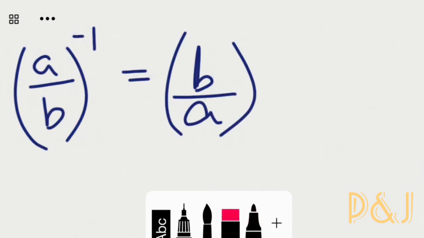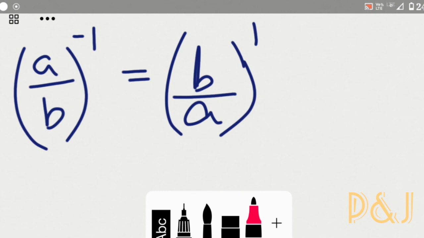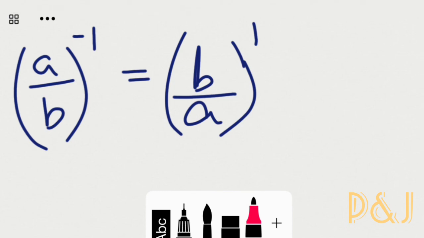So the next law is a upon b raised to the power minus 1 is equal to b upon a. It's very simple. I have already told you that if a minus sign is there, to remove the minus sign we just take the reciprocal of that number. So we have reciprocated it, and now the power 1 is there. But as we don't write 1, because it's understood that if any power is not there, then it's 1. So a upon b raised to the power minus 1 gives us b upon a.